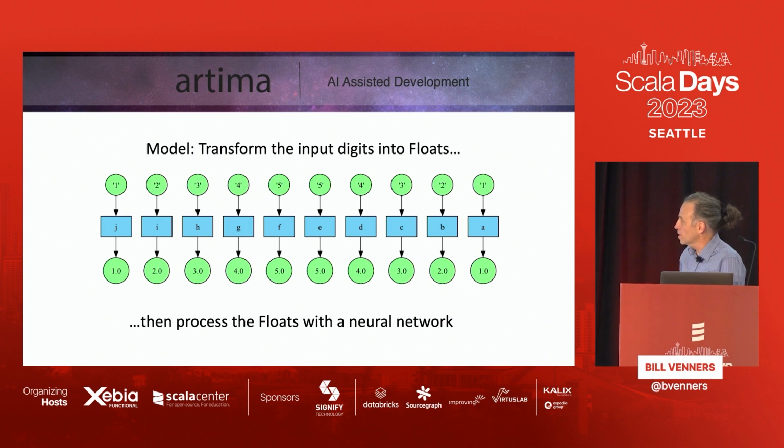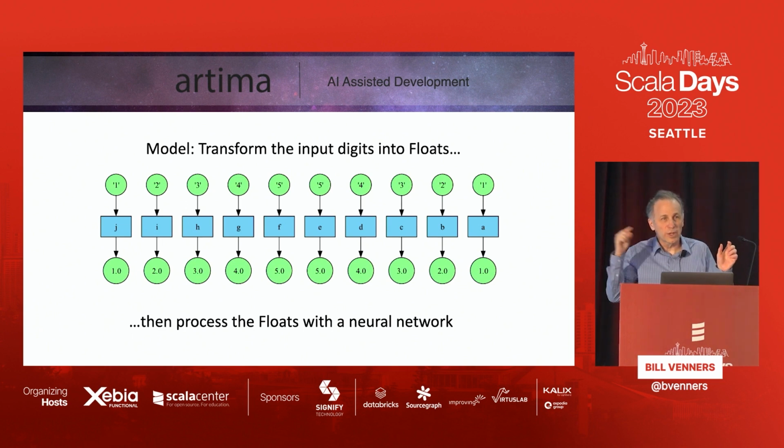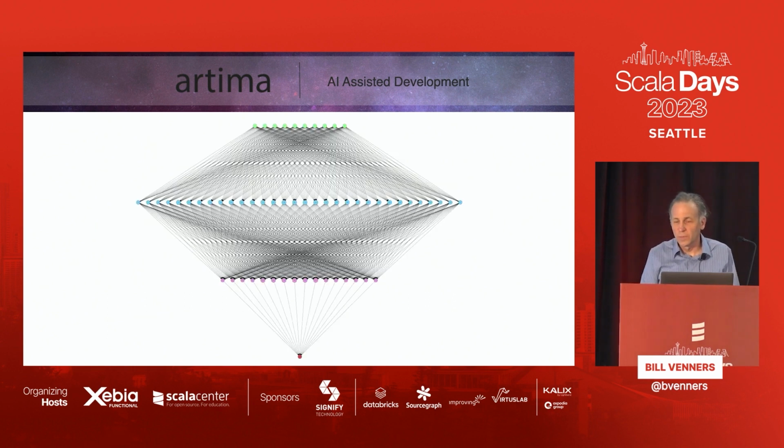So the next thing I want to do is a model. And for that, I'm going to use a neural network to make a model. The first thing I'm going to do is take these 10 ASCII characters, subtract the ASCII character for 0 from each to get an int, and then convert that to a double. So you can see over here, the second one from the right, I have an ASCII character for 2, and then I transform it into 2.0. And these 10 circles at the bottom are called features. That's what I'm going to feed into my neural network. So that's going to be the input. That's the first transformation this algorithm will do. And then I'm going to feed it into this. That's my architecture, chosen randomly by a friend of mine, an artificial friend.